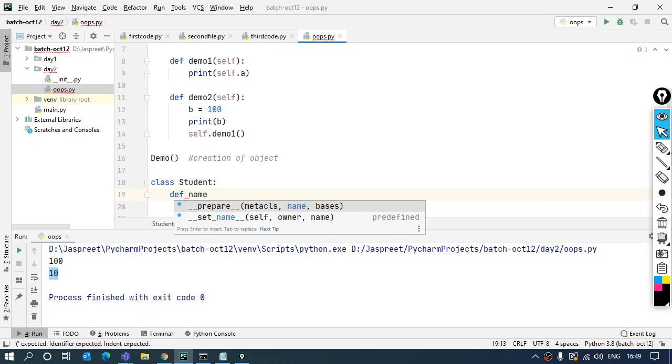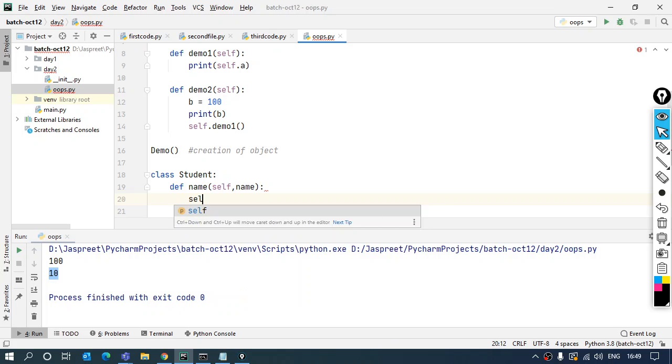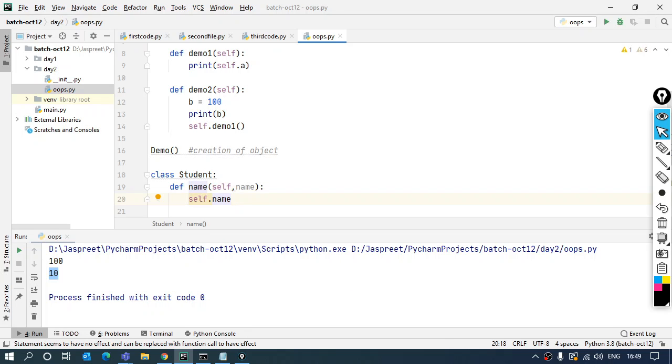So I'll have def name. Whenever I call this function, I will be passing a parameter, the name of the student. So I'll have that over here, name, and whatever parameter is going to be passed over here, I want to use it locally in this function as well. So again I will be using the self keyword, and I'll say self.name is equals to name.